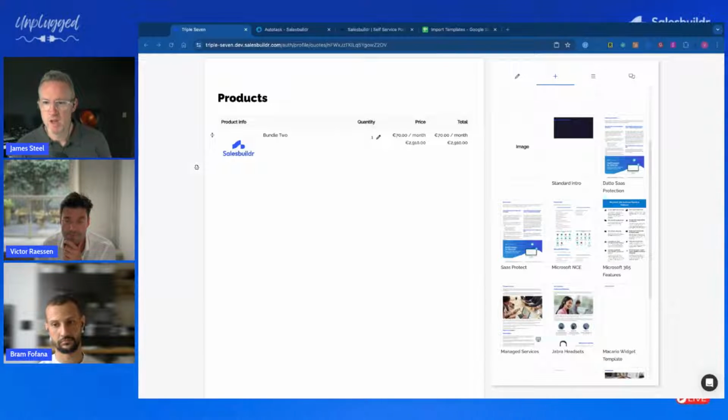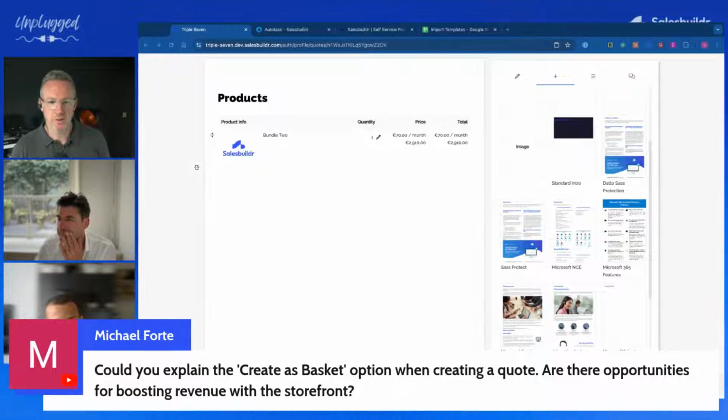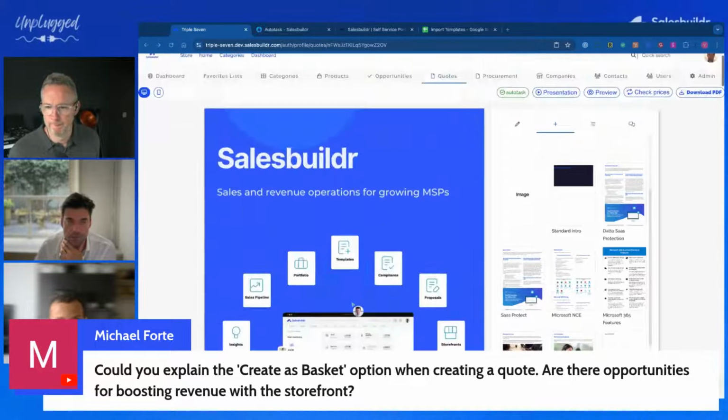And you're guiding. Victor, we've got a question. Michael, can you explain the create as basket option when creating a quote? Are there opportunities for boosting revenue with the storefront? Yeah, that's a good point. Well, you can